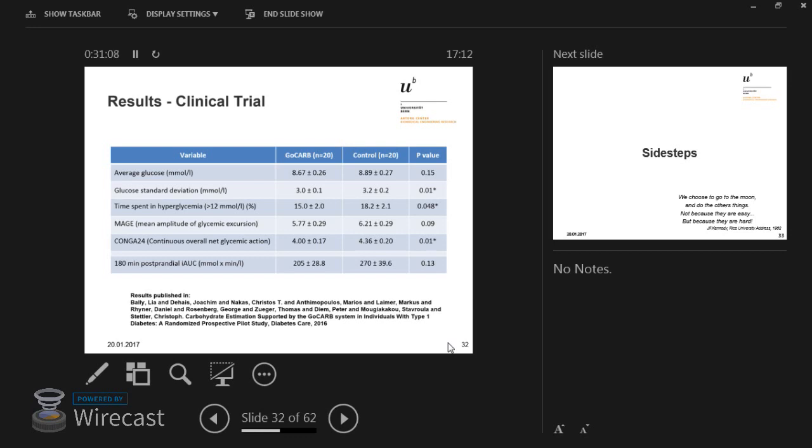Finally, after they eat, they actually had a lower average blood glucose, which is the most important thing for us. That when they eat, they have a good estimate of how much they're eating. So we like that very much, and that was a bit the pinnacle of the project,